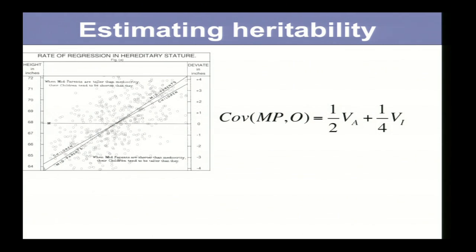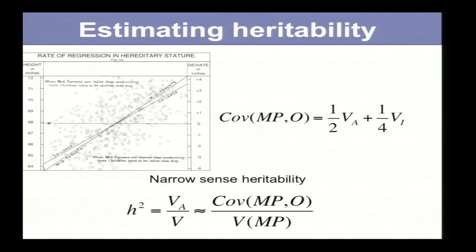So if I look at this Galton plot, I can look at the regression of the phenotype of the child on the parental phenotype, and computing covariance, this covariance between mid-parent phenotype and phenotype of the offspring actually is half of additive variance. There is no dominant, and a quarter of epistatic variance. So what people usually do in the genetic literature, when you see the word heritability, usually it's narrow sense, not always, but most likely it would be narrow sense.